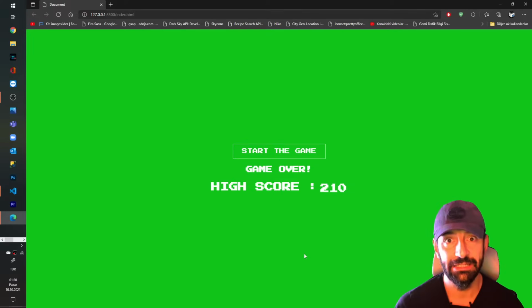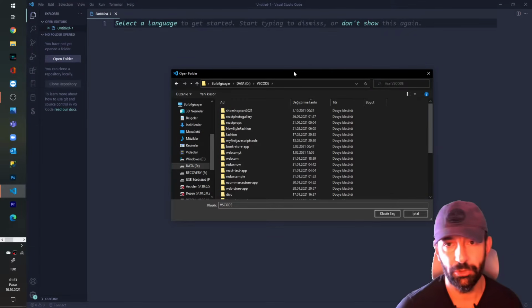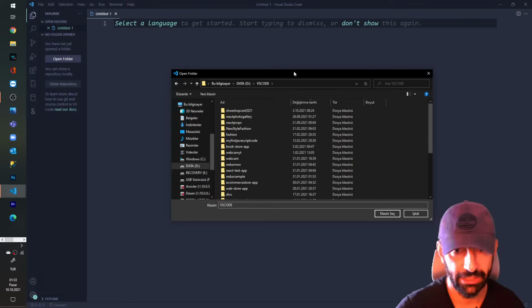So let's jump inside our build and see how everything is going. I created a new VS Code window, and we're going to create a new project. I open my project folder, and I'm going to name this Whack-A-Mole project.